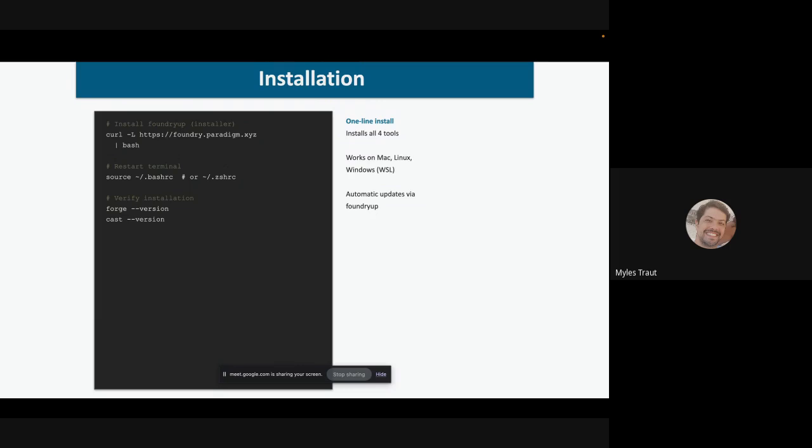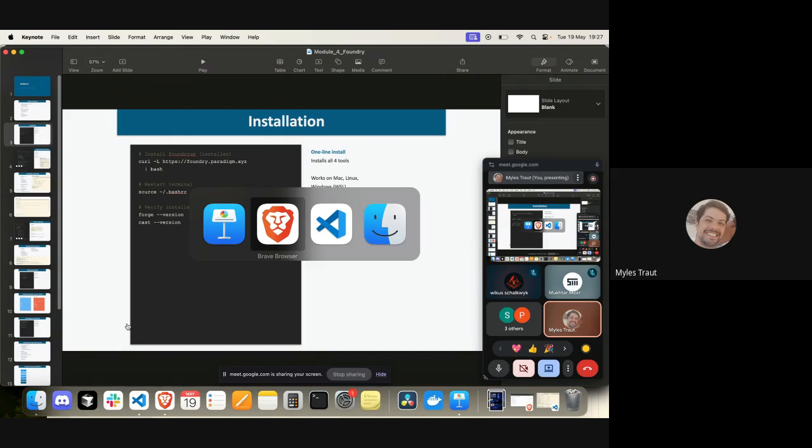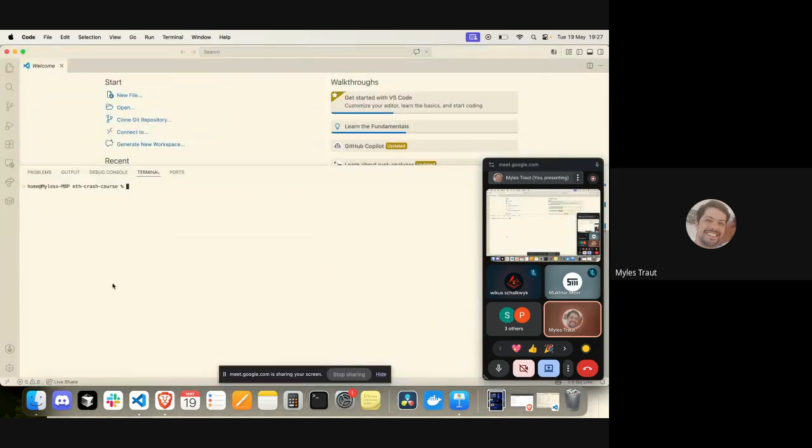And then you just restart your terminal and it installs. So I've got mine installed already. To check your installation, you just run forge --version or cast --version, and it should give you the version that's installed. If I show you my screen, my VS Code, I can go forge --version, and it